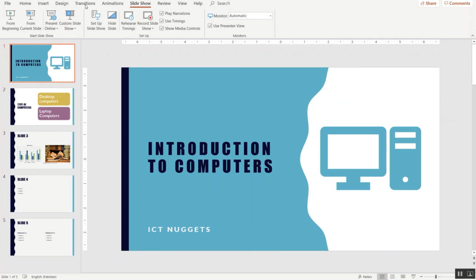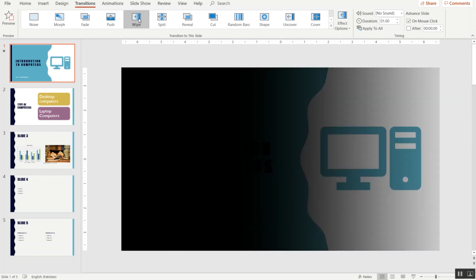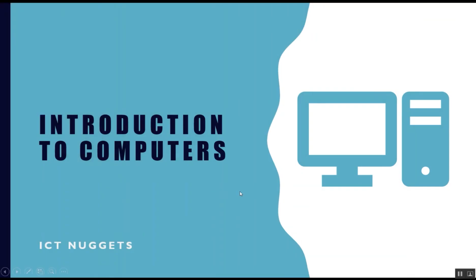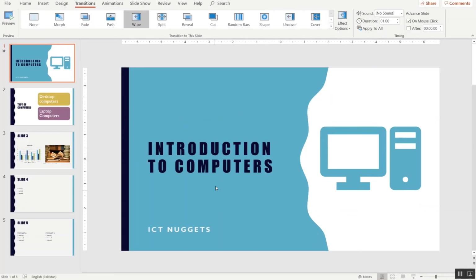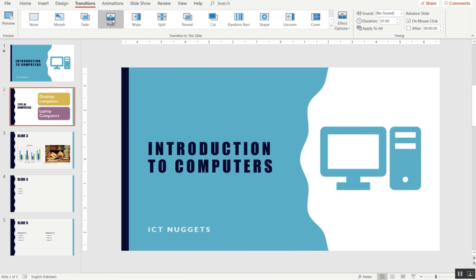For that, you can go to transitions, and here you have a number of transitions available. For example, if you want to select any transition, like for example this one, wipe, this is how it will look when you present your presentation. If you come to the second slide, you can have a different sort of transition. For example, you can go for this push,